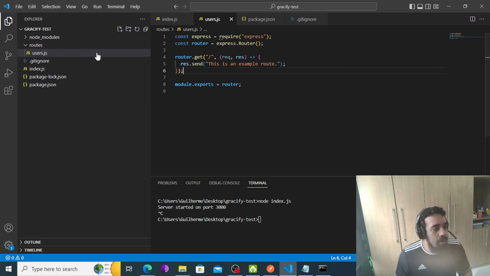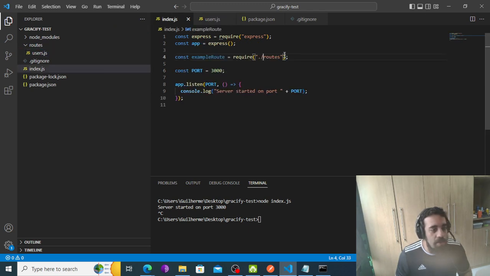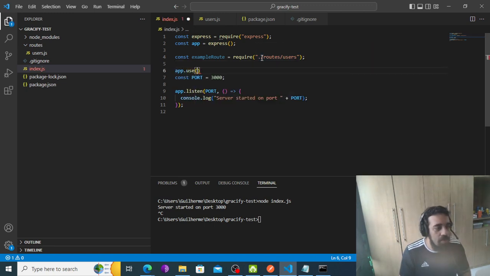Okay, so users, and then here I can just change here to import. So routes slash users. Okay, and then I can just add the route here. I can just do app.use. So for example, I can set the root name to